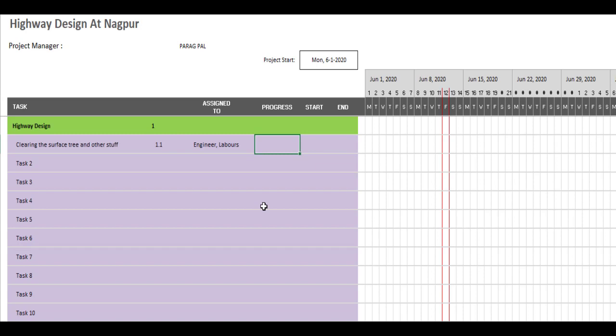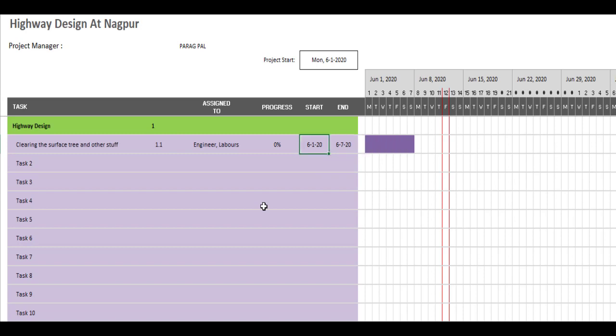Now progress will be calculated based upon your input, like whatever the progress is based upon your DPR, you can calculate. What will be the start date? Let me put the start date as 01/06/20. It means 6/1/20 is my start date, or I can consider it the start date of the project, and it will end after 6 days. So you can see one highlight will reflect over here.